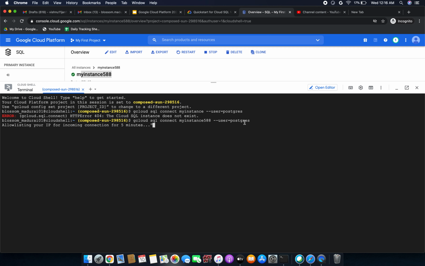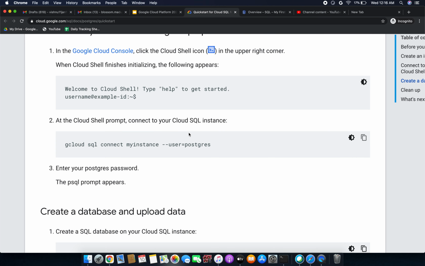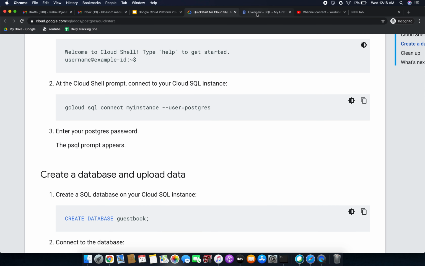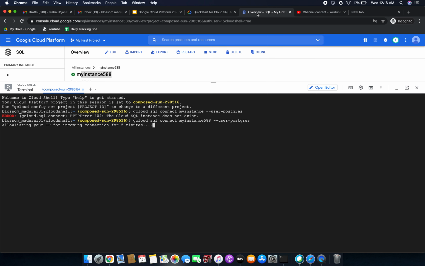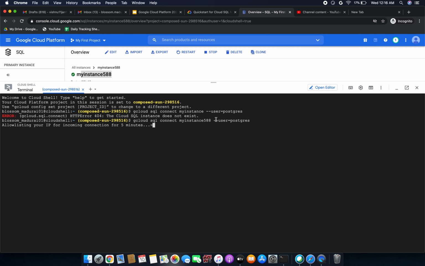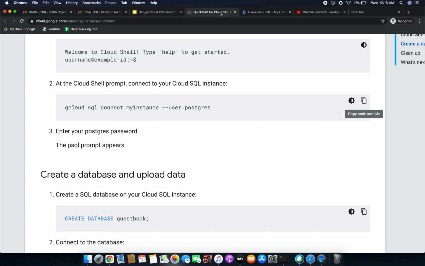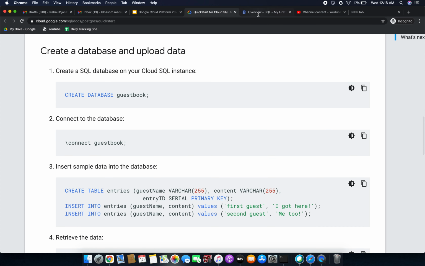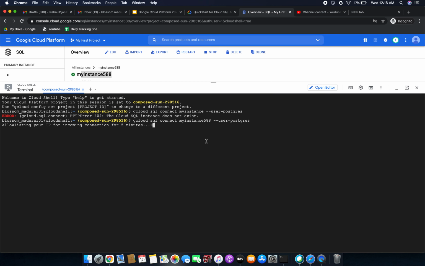So it is allowlisting your IP for incoming connections for 5 minutes. Then we have to give the password. We have to enter our PostgreSQL password. The psql prompt appears like this. So we have to wait for it.